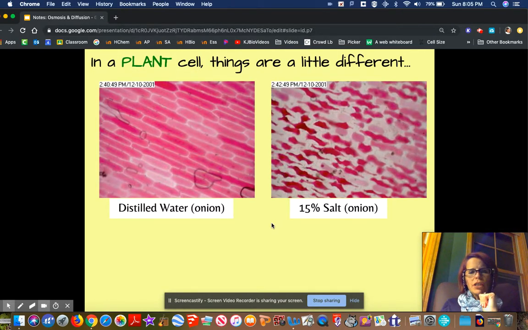Now here's where it changes a little bit. Remember that human cells, or animal cells, are soft. All they have is a cell membrane on the outside. But plant cells have that cell wall. So that makes them extra tough. So if you look at the diagram or look at the photographs, if we put a plant cell into a